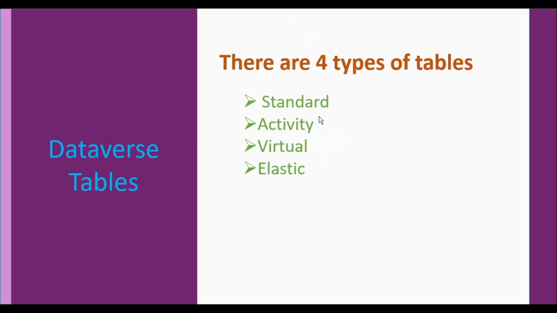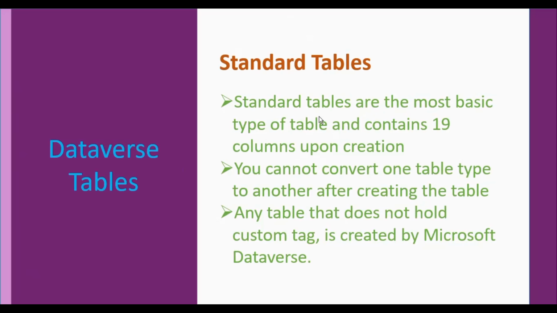In this video, let's understand the Dataverse tables. In the Dataverse table, we have four types of tables. The one is standard, and activity, virtual, and elastic. So coming to standard tables, the standard tables are the most basic type of tables that will have 19 columns